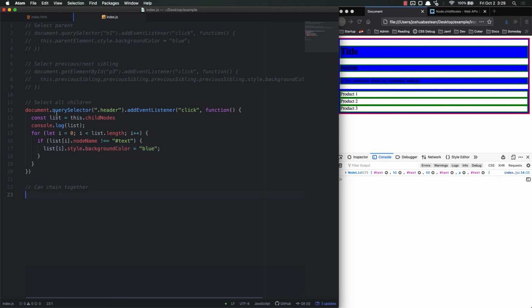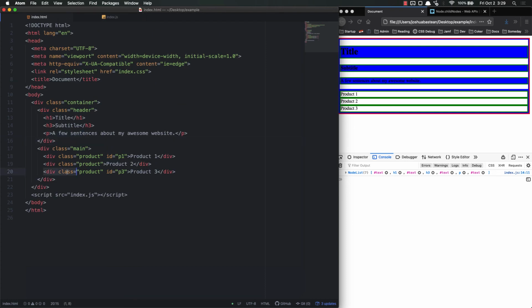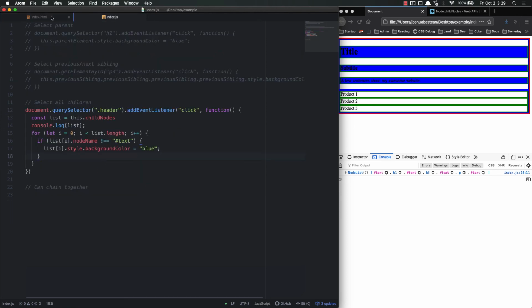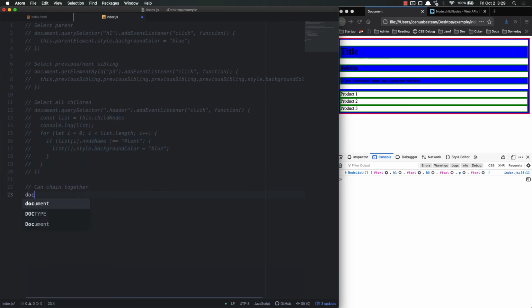And as I talked about earlier, you can chain these together: previous sibling, next sibling, parent, child, whatever, just to get around inside of the DOM. So if I started, for example, right here on product 3, but I wanted to get to the title. For product 3, I've got an ID of P3. Let's comment this out. Document dot getElementById P3 dot addEventListener, whenever it's clicked, run a function